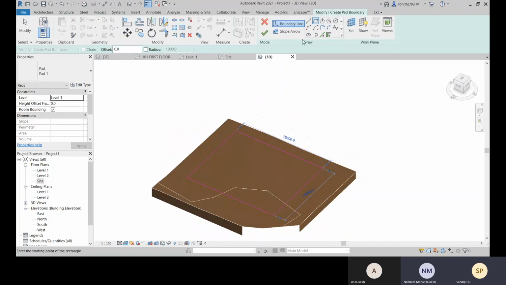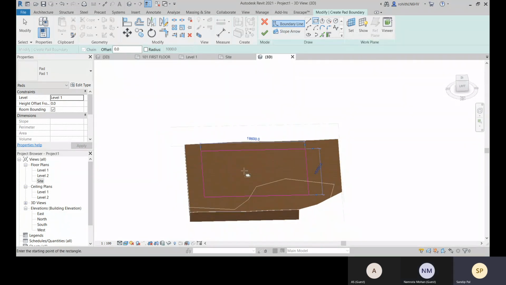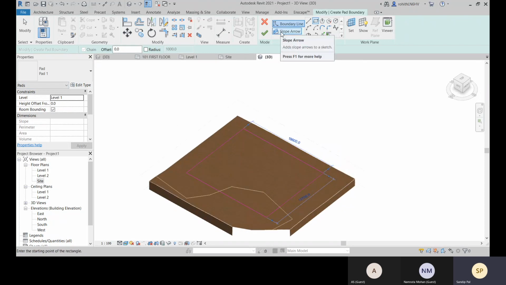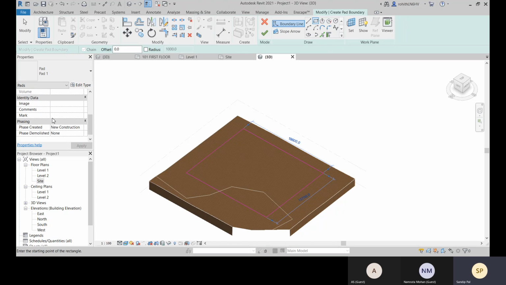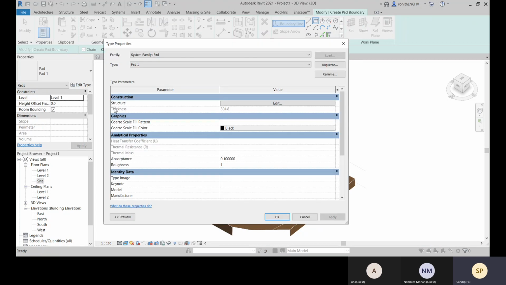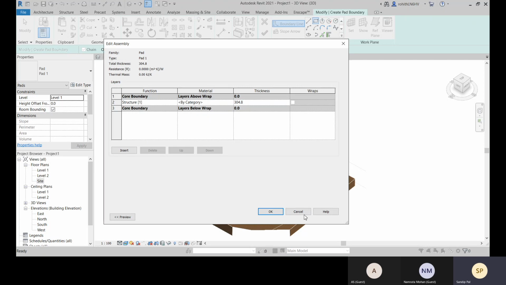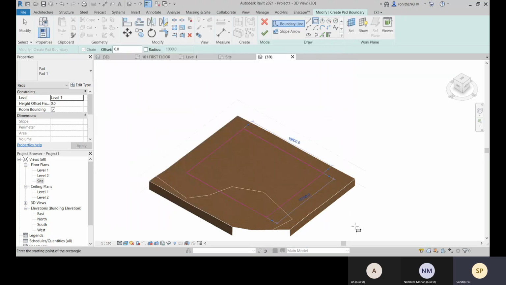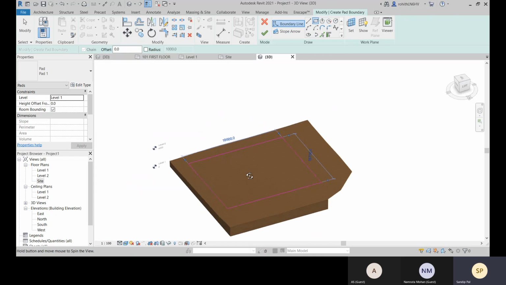So you already know how to give this slope arrow. If you need to create any slope there, you can define which side there will be slope and how much slope will be there, so that you can define with the slope arrow. Now if you want to change any properties, you can go to this edit type, and here you can provide what will be the thickness for this building pad, like a PCC bed.